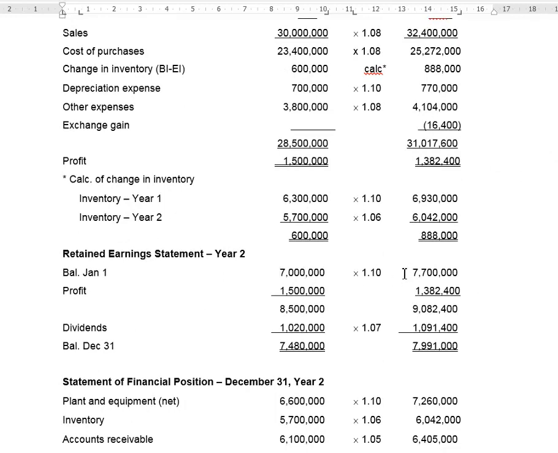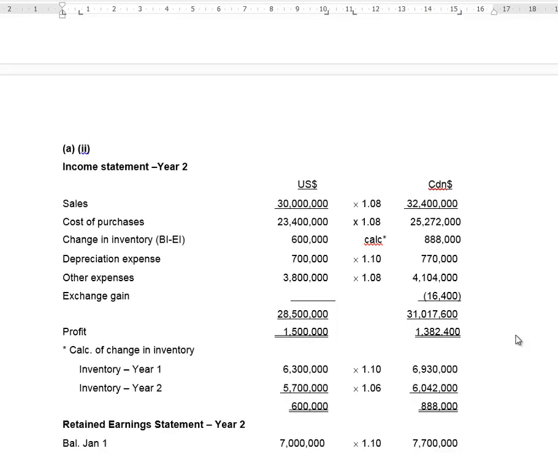That's your ending year 1 balance. And again, because they became related at that date, the end of year 1, we're using the historical rate, and that gives us $7.7 million. We're taking our profit that we just calculated above, translated at $1,382,400, and deducting our dividends, which we translated way